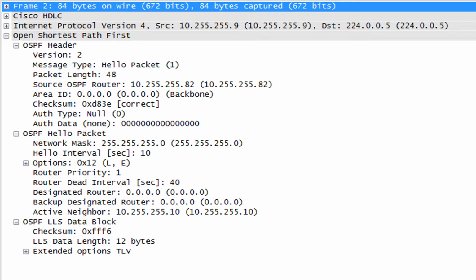In the output above, you can see that the router is sending OSPF hello packets to the multicast address 224.0.0.5 with a frequency of 10 seconds. The router identifies itself with the router ID 10.255.255.82 that we ourselves configured. The authentication here is null, which shows that the packets are not authenticated, and in this situation you can see that there is no designated router or backup designated router. It also shows the area here, that is 0, which means it is the backbone area.